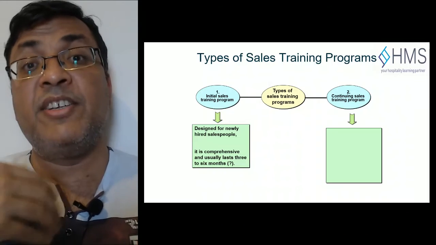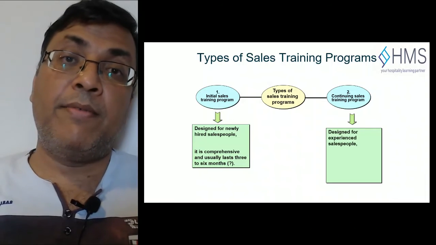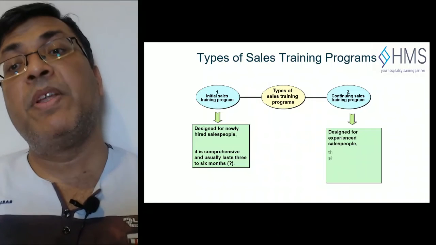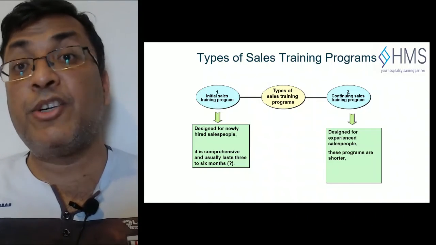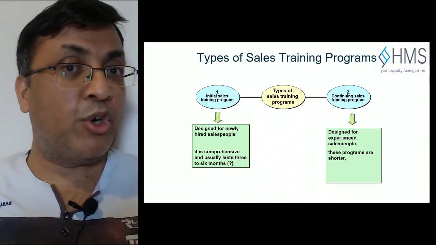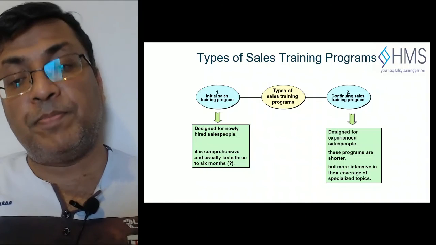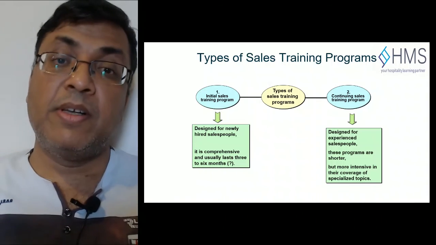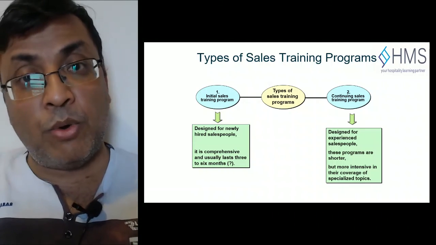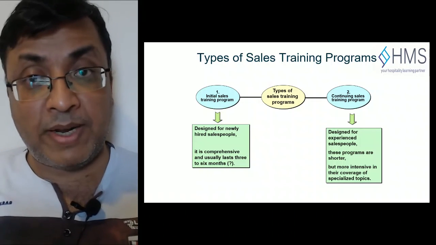So these are the initial training programs, and then there are continuous sales training programs, which are designed for working people, the person who has already been working for a long time and whose skills we need to upgrade. These are shorter programs. They can last from 2 or 3 hours, a one-day workshop, to a week. It depends on their specialized topics, and it is very modular and very personalized for their own skills. The participants can be only 3 or 5, not a lot of participants.